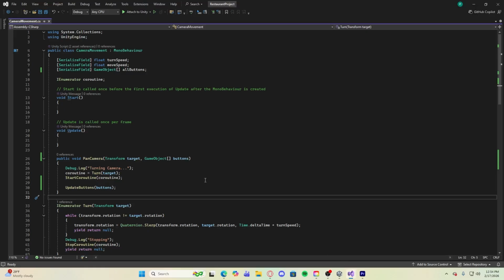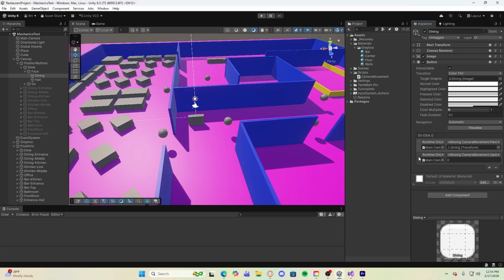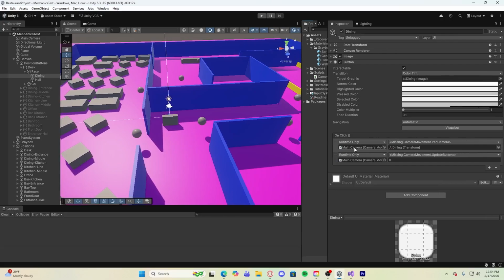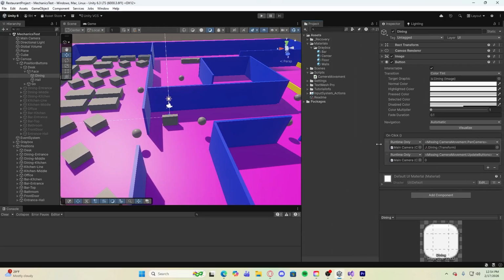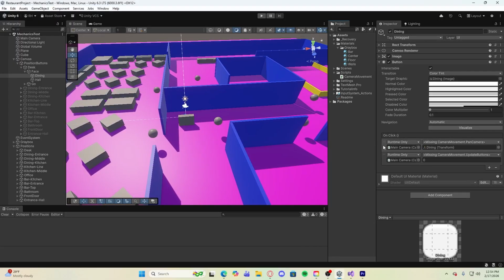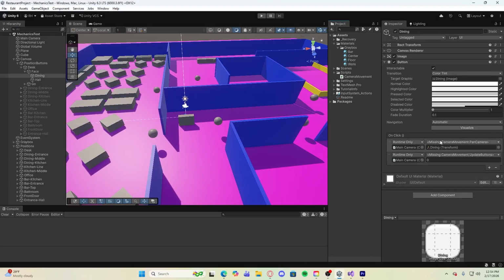Actually, I could probably also explain that in case I did it before. The way the buttons work, they have an on click here. You pass in an object, so I drag the main camera over here. You can see that right here, and it grabs the camera movement script attached to it. Well, actually, it doesn't do it automatically, but it will do it when you click on this and you go